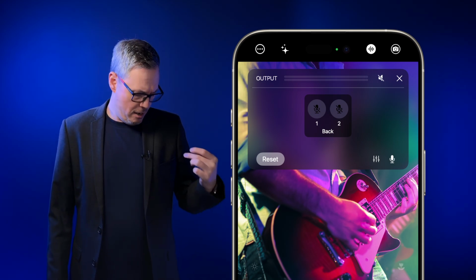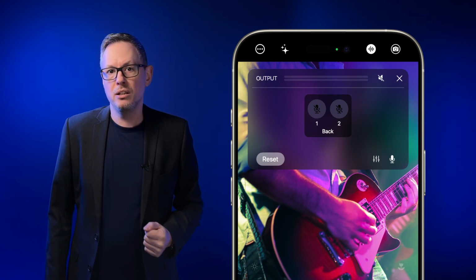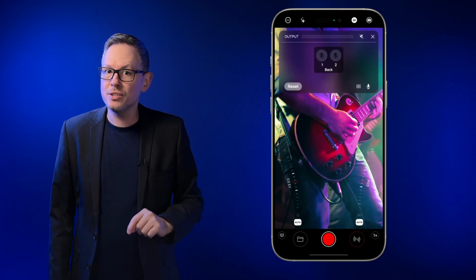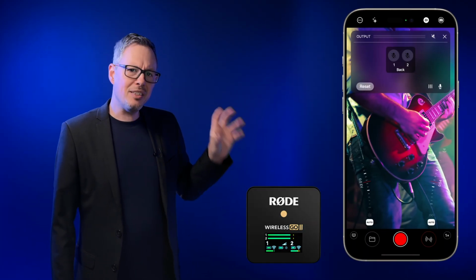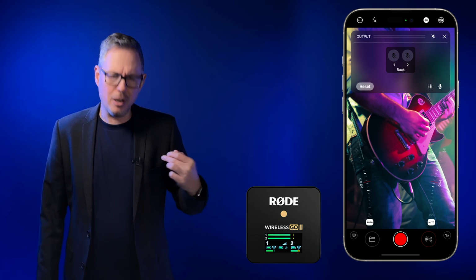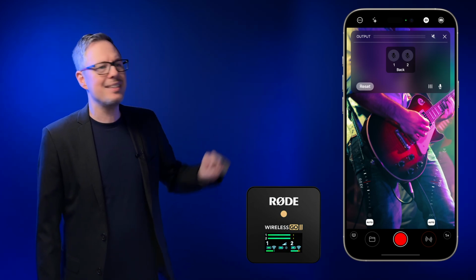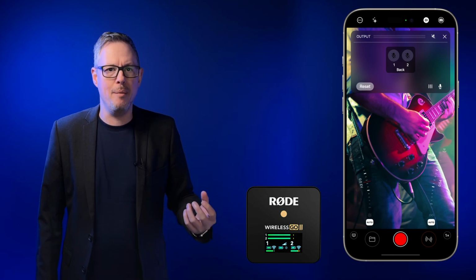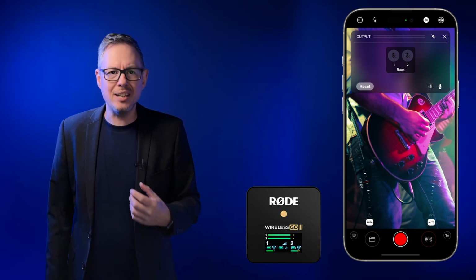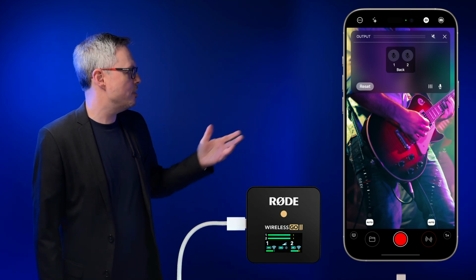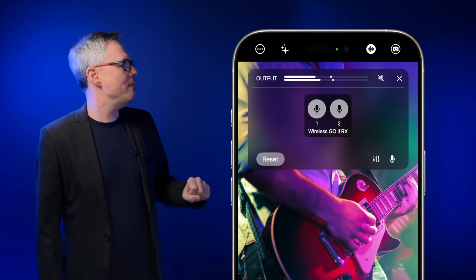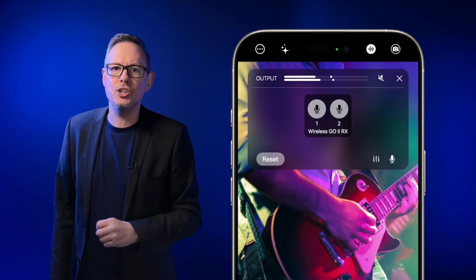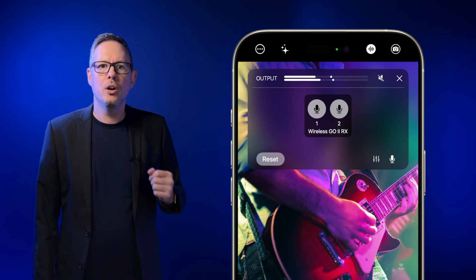Now, as I said, today I'm using a radio mic which is plugged in to Mavis Camera in front of me. So how does that work? Well, actually, I'm using this particular radio mic here. And the thing about a radio mic is that the microphone to the receiver, that's that little box, that's the wireless bit. The receiver to the phone, that typically needs to be plugged in. So we're going to plug it in with the USB cable there. And when we look at the Mavis sound panel, we'll notice that it is now switched into that Wireless Go radio mic. Why?